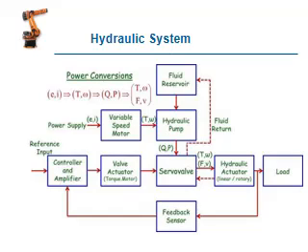Then this pressurized oil enters this valve. Several types of valves are available, like pressure control valve, flow control valve and direction control valve. We will see the different valve types and functions later. Here the servo valve is used; a servo valve is a feedback system valve. After this valve the oil enters the actuator. What is an actuator? The actuator is a motion creating machine, like a cylinder. The motion may be linear or rotary. As per the objective we use the actuator.